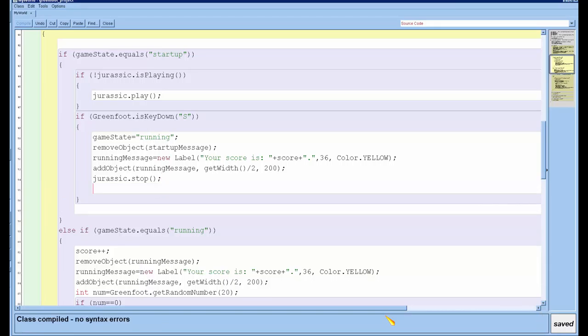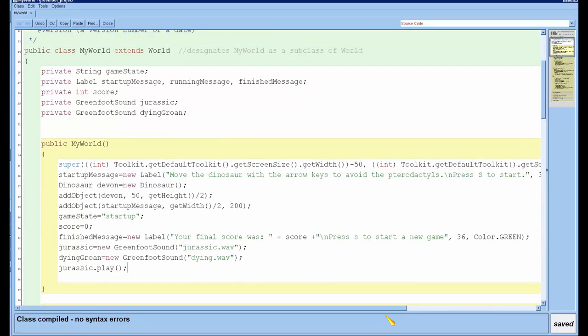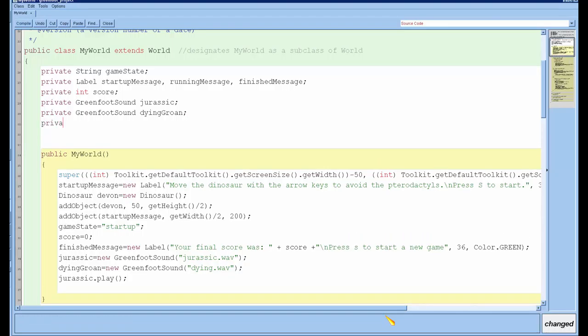And then when the game is running, I'm going to play a kind of roar in the background. It's kind of like a squeal for the birds flying. So I'm going to say private GreenfootSound roar, and I'll say roar equals new GreenfootSound roar.wav.